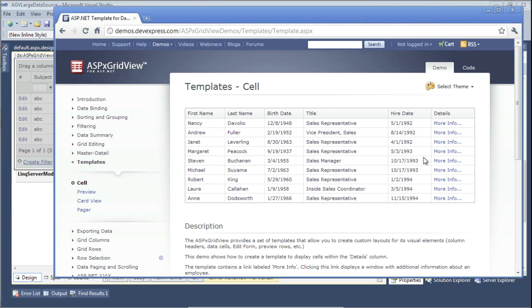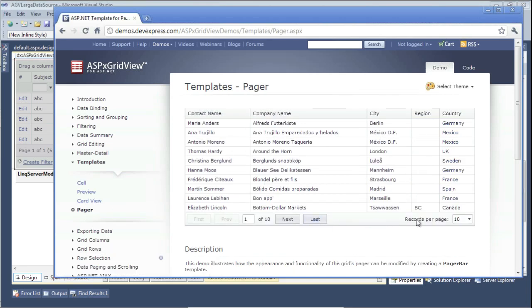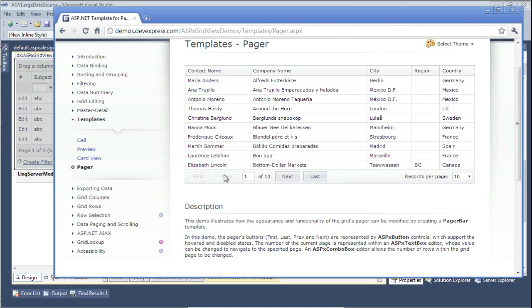And there's some really important concepts. Now, templates in general are just a way to extend anything in ASP.NET. So templates is an ASP.NET concept, and it allows you, when one of our controls exposes a template, to customize it. For example, here, this is the pager template, and we've customized this pager template to show a drop-down as well as some custom buttons. Now, when I click this, I have some custom actions with those buttons. What's great about this is I can completely set how this pager looks while still being within the grid. And you can do this